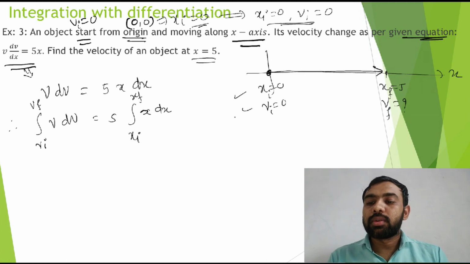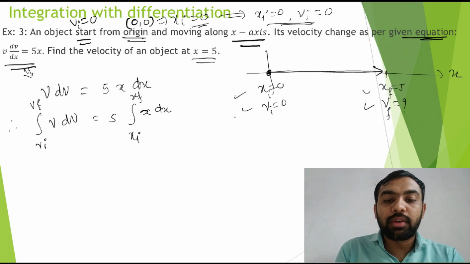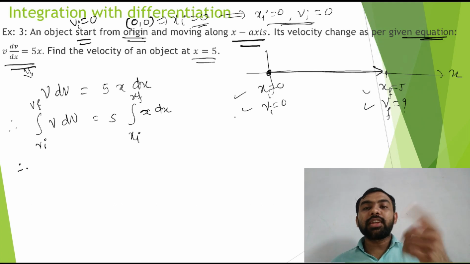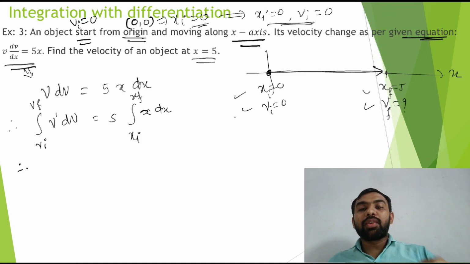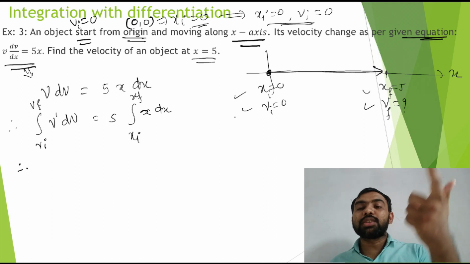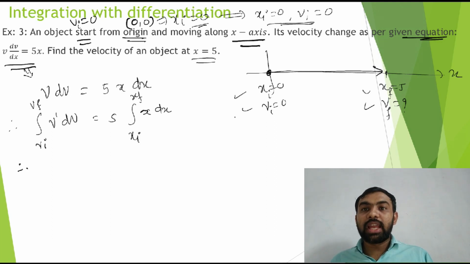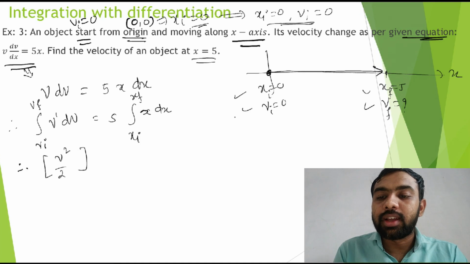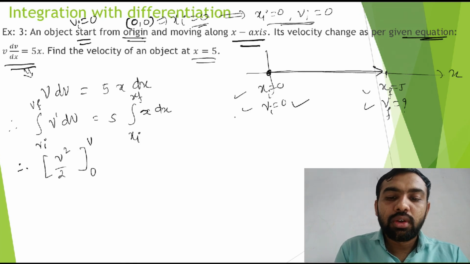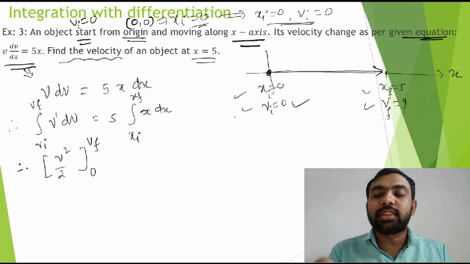यहाँ पे लिमिट है, देखो all those limits are given here already. So how do we use this relation? So what is the integration of v? Power is 1. 1 power increases, new power comes in the denominator. If power is 1, increased by 1, then it becomes 2. So v square by 2. v initial मतलब कितना? 0. So 0 to v final. Find करना है v final. We want v final. Find the velocity at this one.